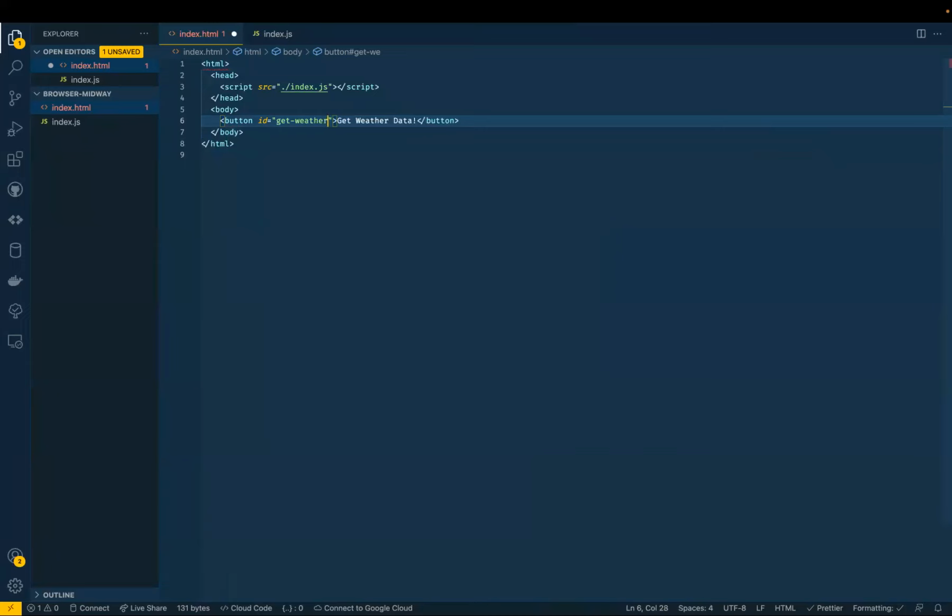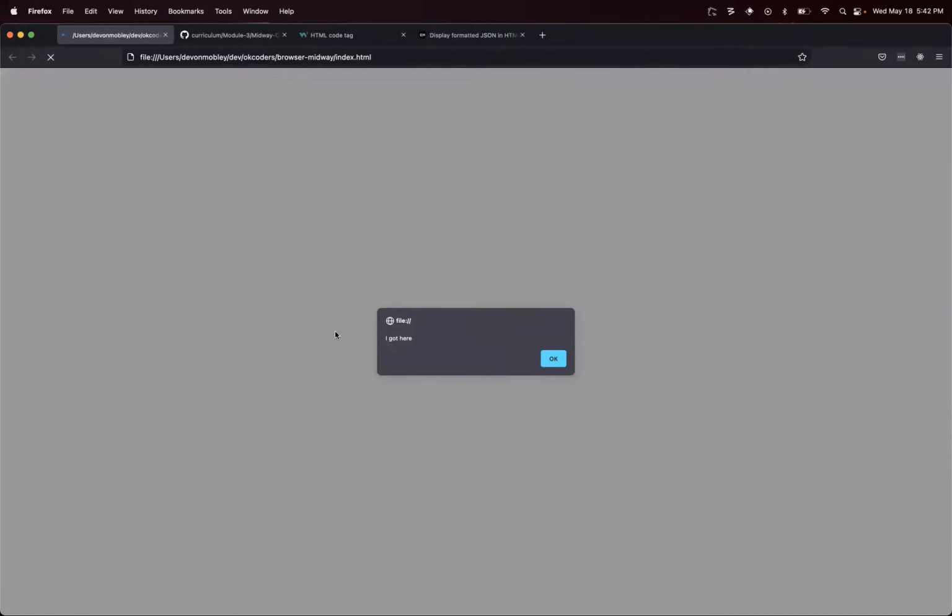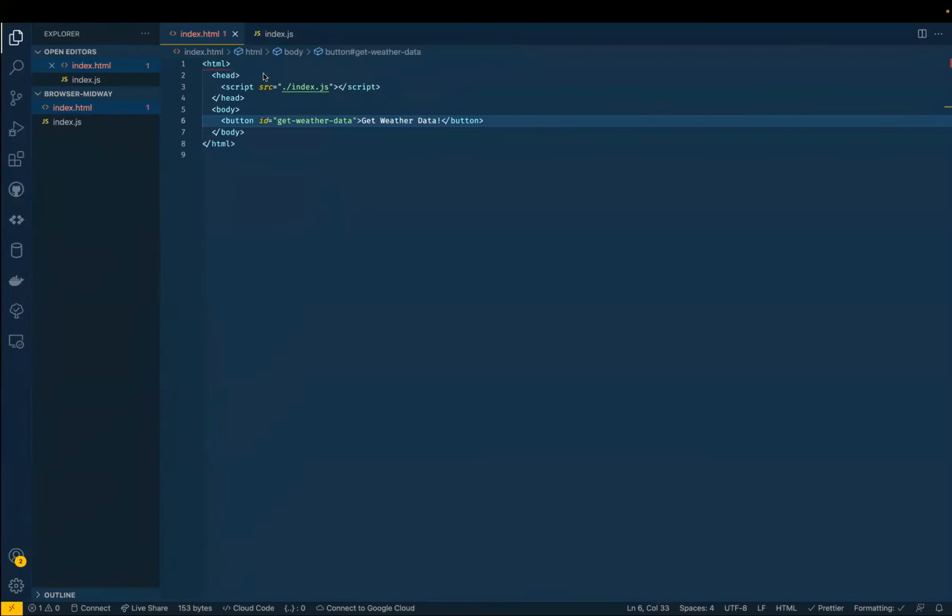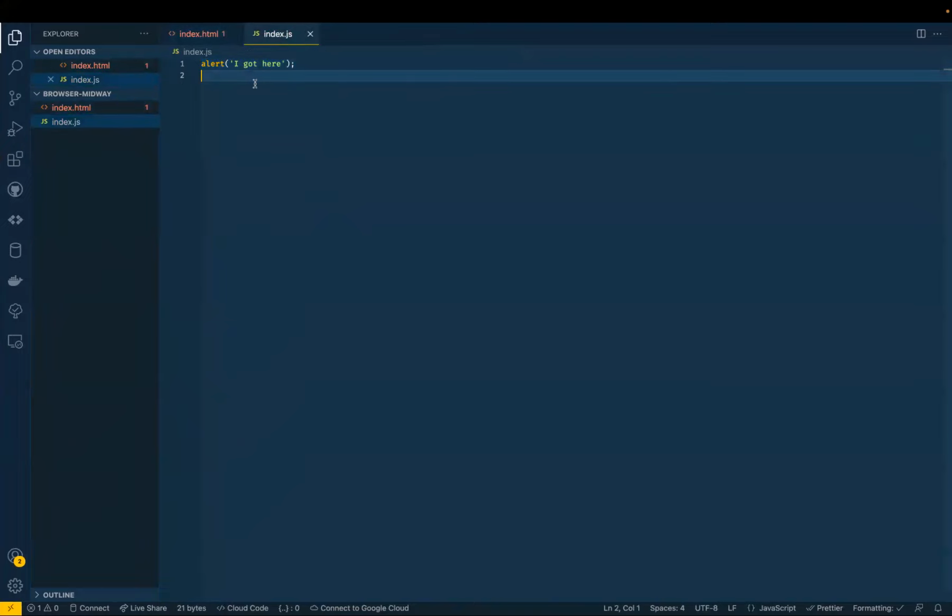Get weather data. And that should be good there. So then boom. Cool. So that's there. What we're going to do is instead of having it just alert, to make sure that we have our event handler working well, we're going to do something like